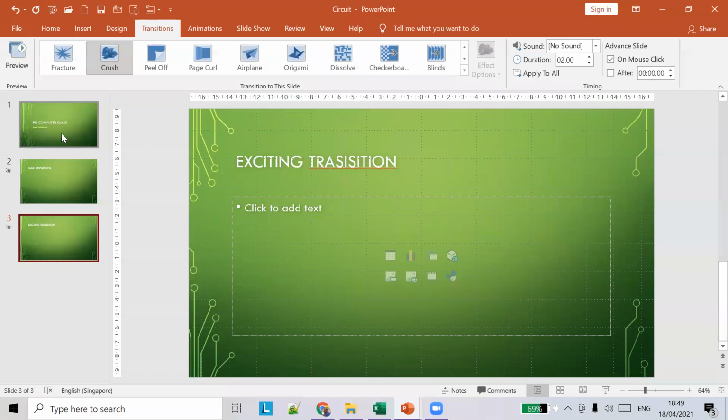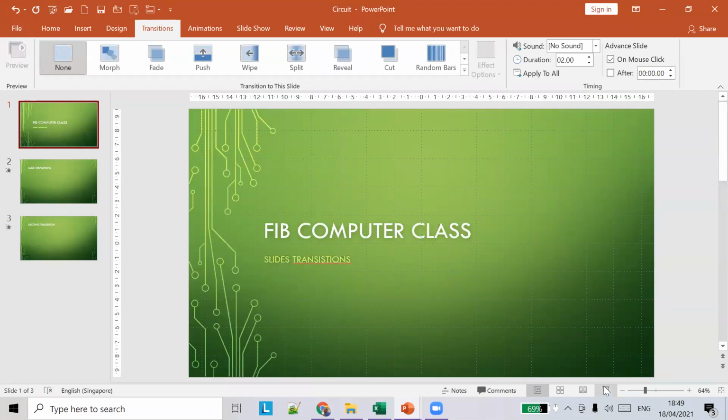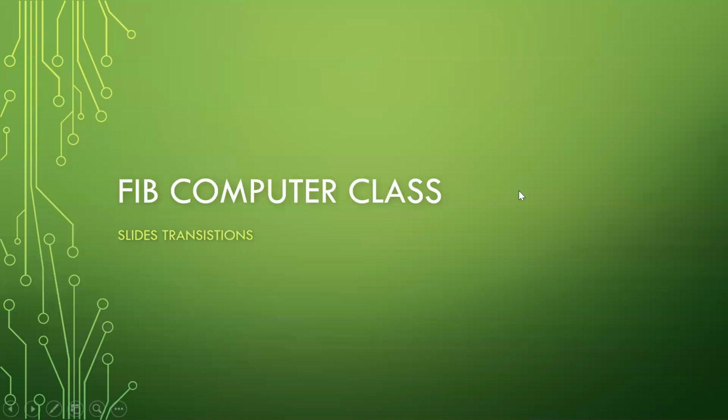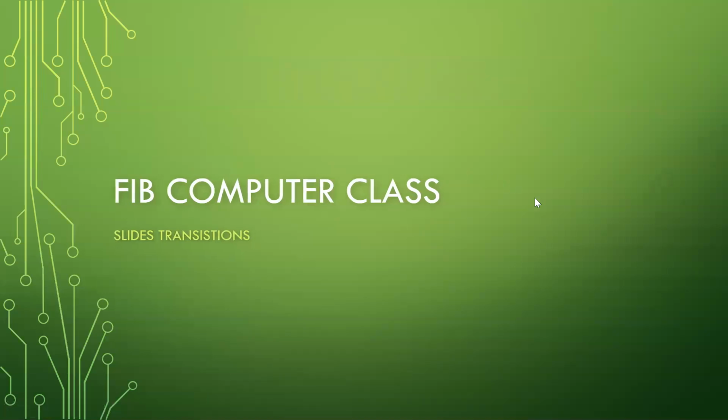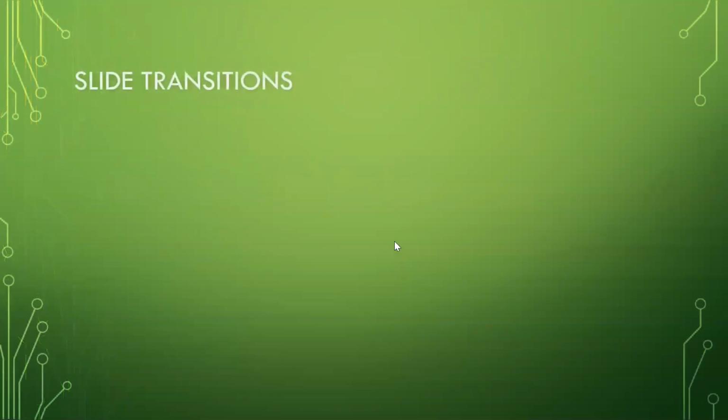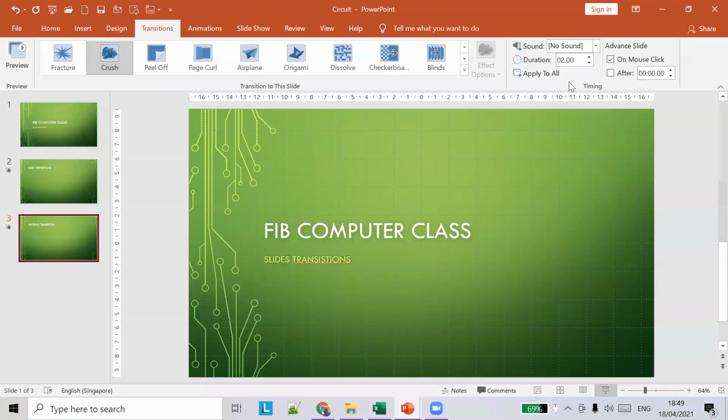So I've saved it. If you do a slideshow from the first slide, you'll see in the first slide we applied the subtle transition, that is, we applied the reveal transition, so that comes up. When you move from the second to the third slide, we applied a transition of the type exciting. Under exciting, we chose crush. So when I move to the next screen, you can see the crush effect applied as a transition. This is how you choose different types of transitions.